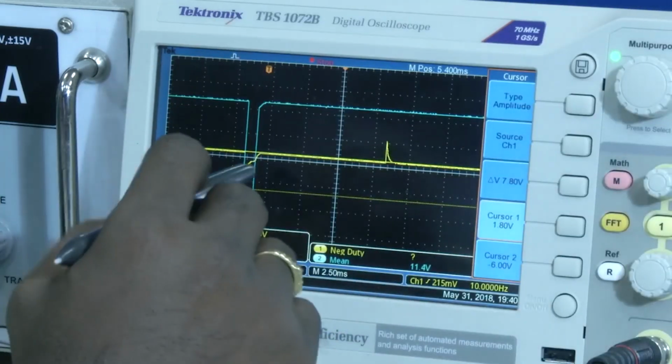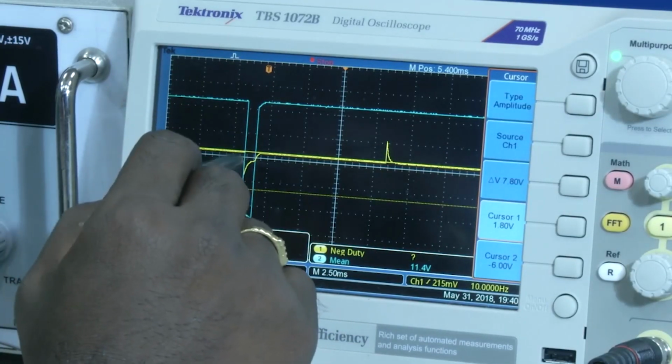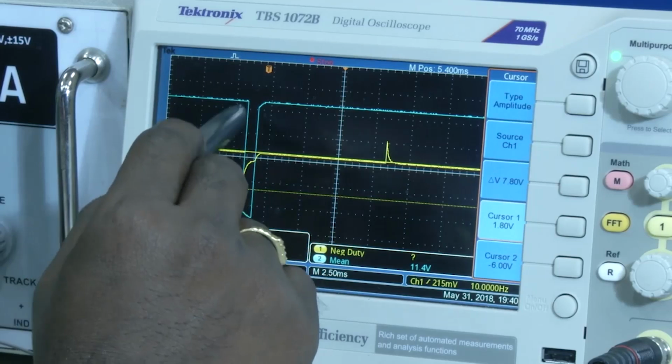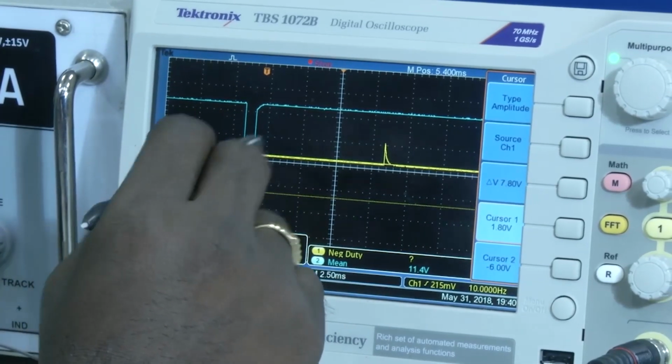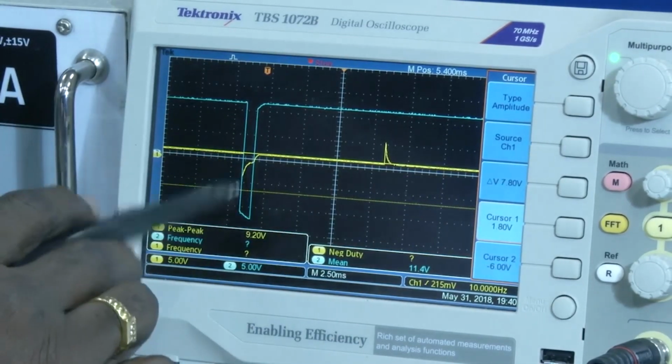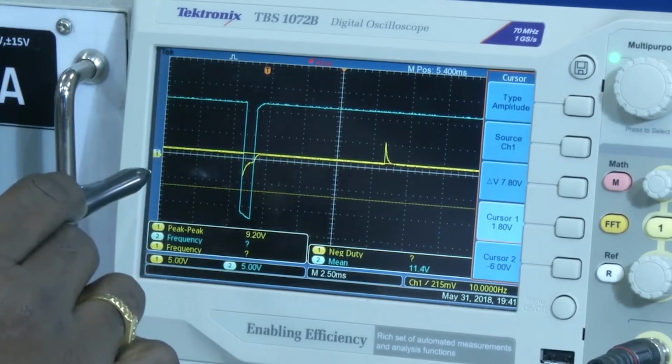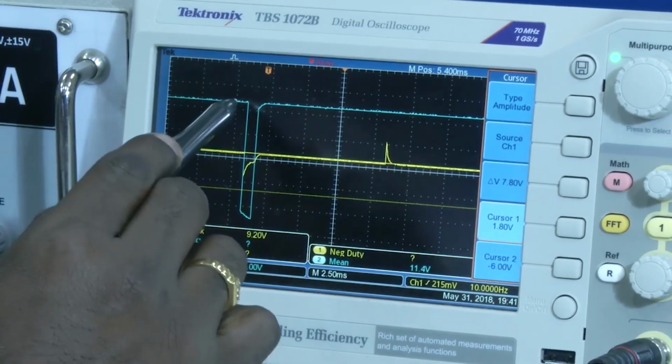So, here we can observe that whenever we are giving a negative pulse, right. So, what is happening because of this negative pulse from the function generator, the capacitor